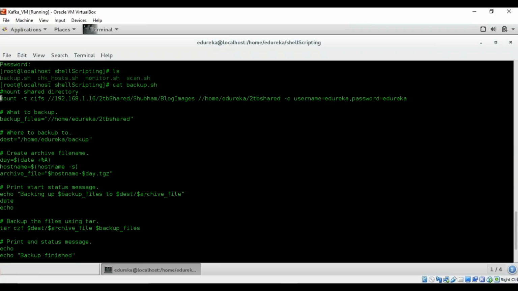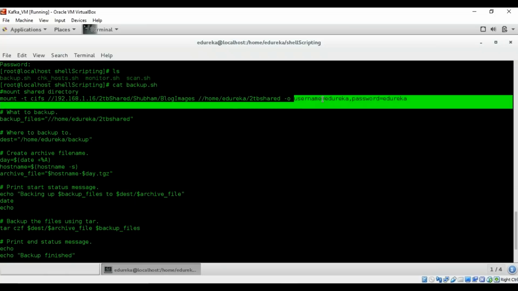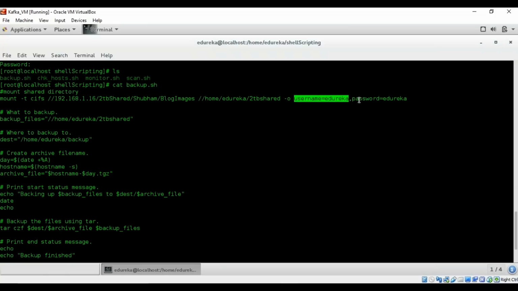So first of all, you're going to mount the shared directory, which basically means you're not creating a copy of the directory, but if you make any changes in your local file, it will be reflected in your shared file and vice versa. CIFS is basically used for sharing your Windows file. This is the path of your shared file, and this is the path to the local directory where you're going to create your backup. We've had a username Edureka, and we've set the password Edureka. That is what